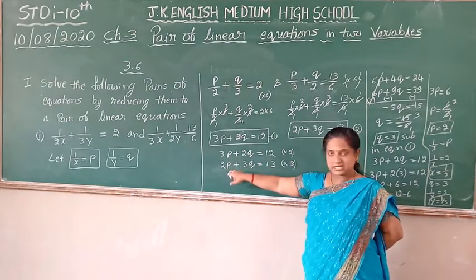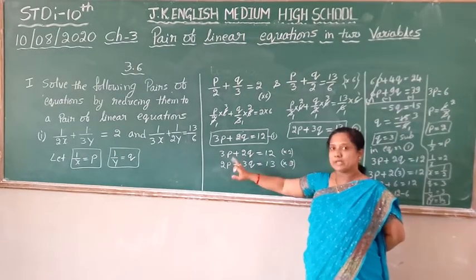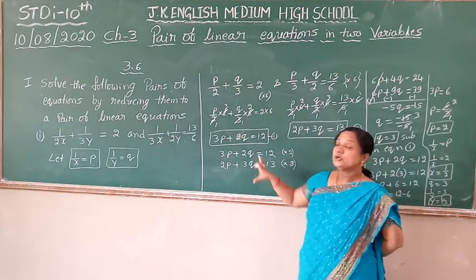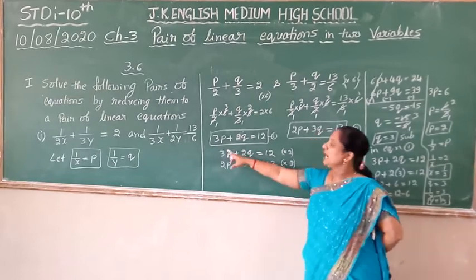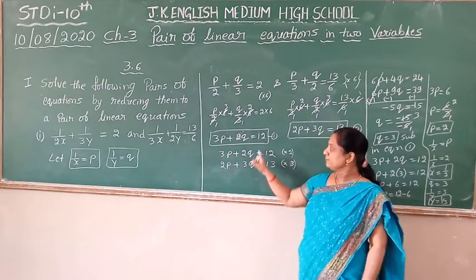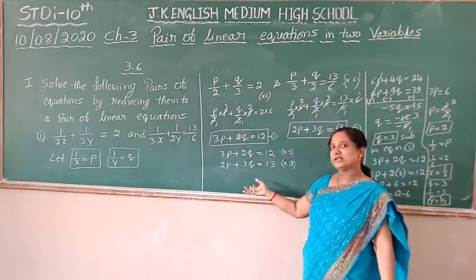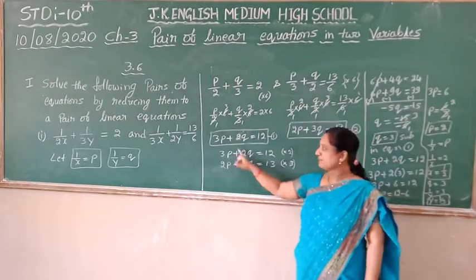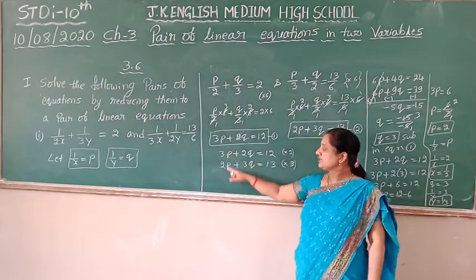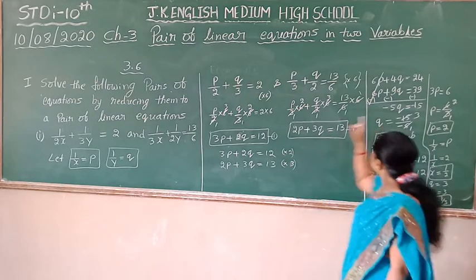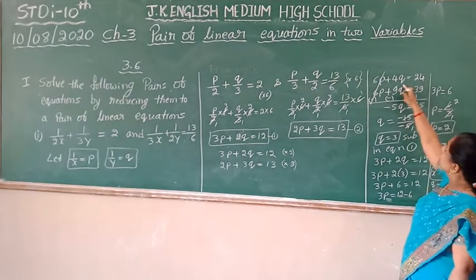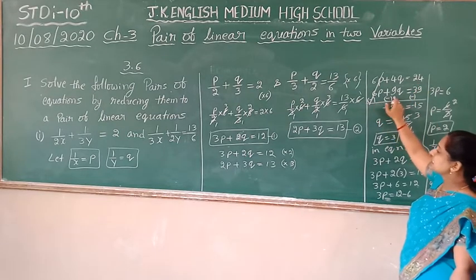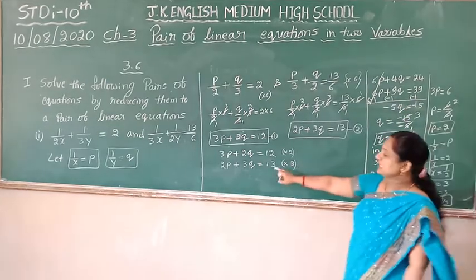After this we got it in this form. The numerical coefficients are not the same. To make the coefficients the same, interchange these coefficients and multiply. If you want to eliminate a variable, you have to interchange these numbers and multiply. You can eliminate either variable first and you will get the same value. I am going to eliminate this variable here, so I interchange the numbers and multiply. 2 3s are 6, plus 2 2s are 4, q is equal to 12 2s are 24. And 3 2s are 6, plus 3 3s are 9, q is equal to 13 3s are 39.